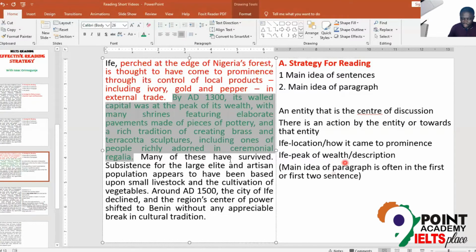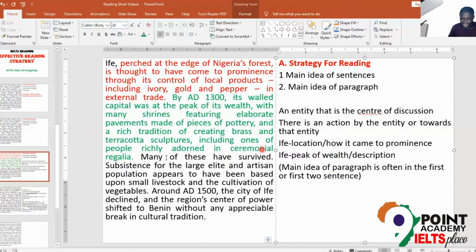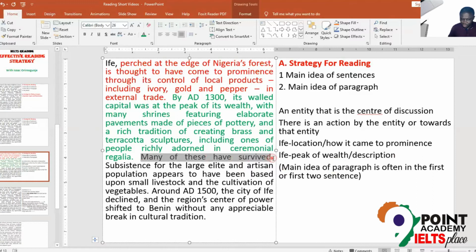Many of these survived. What survived? If you look back, it mentioned these things. This description of his wealth survived. You can add that as a short sentence. So I'm putting it in another, because if it mentioned this, that's a pronoun representation of what it has mentioned before. Subsistence farming,